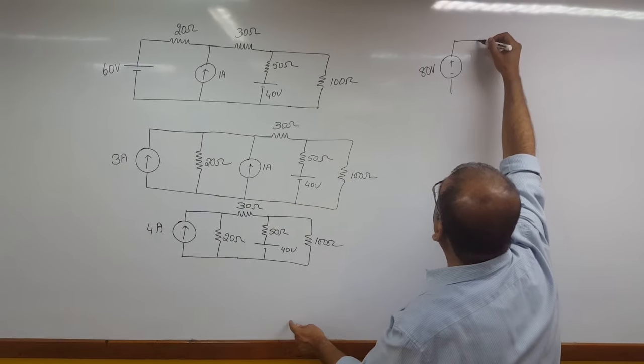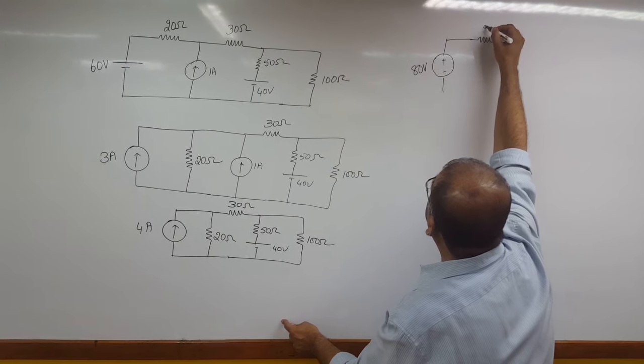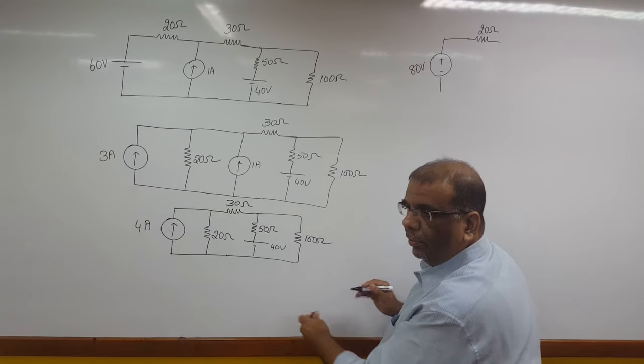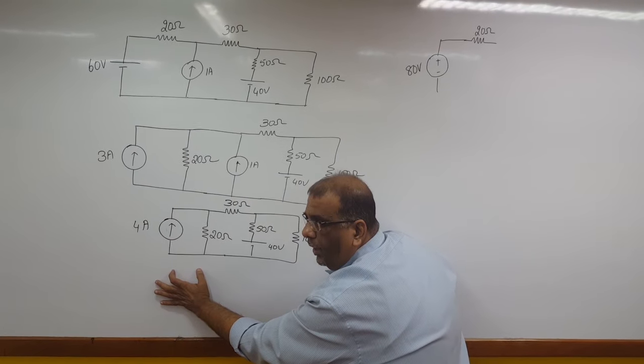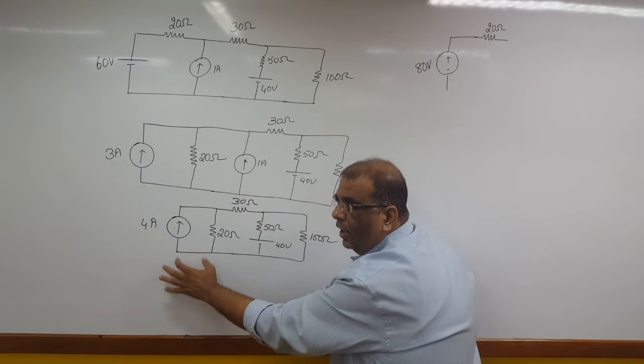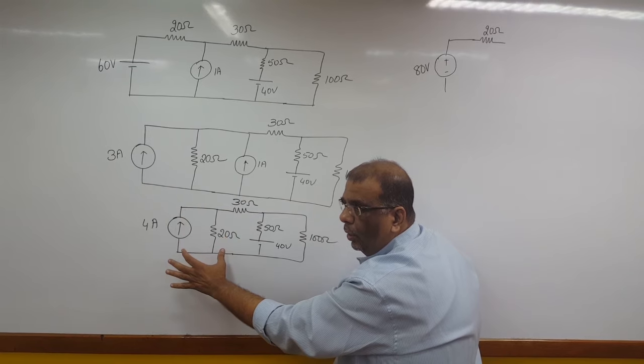20 ohm resistance in series with it. That means this part of the circuit is now converted to a voltage source. This part of the circuit is converted to